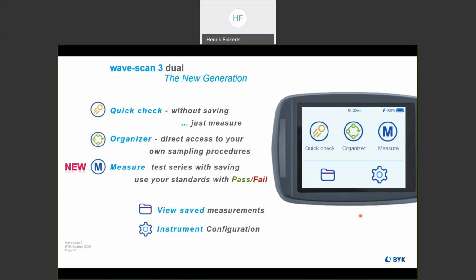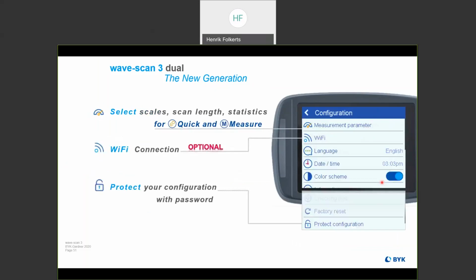Of course, you can look into your memory of the instrument and show the saved measurements you have done, and also you can define your instrument configuration from language, switch off time, and so on. And of course, you can select there your scales, scan lengths, statistics for the quick measurement and the measure mode. New now, you have the option for the Wi-Fi connection. This is an optional function. And you can also protect your configuration, your individual configuration, with a